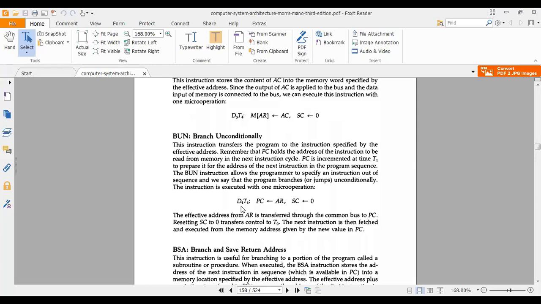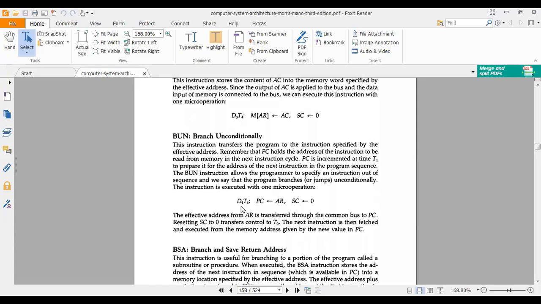Both are having 12 bits. Because you know that when the execution is done at the very beginning, the program counter contains the address of that instruction. So every time, the address of the instruction which is to be executed next must be contained by the program counter. Then when the execution is completed, that content moves to the address register.